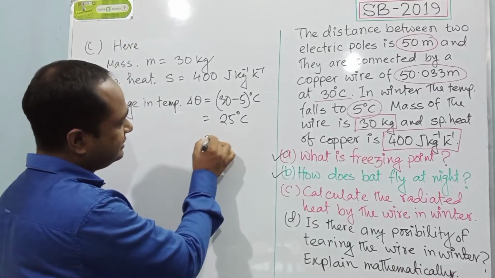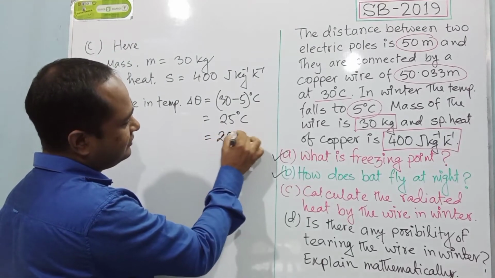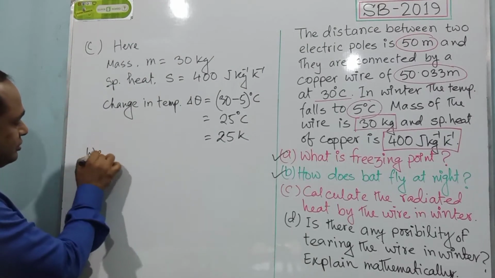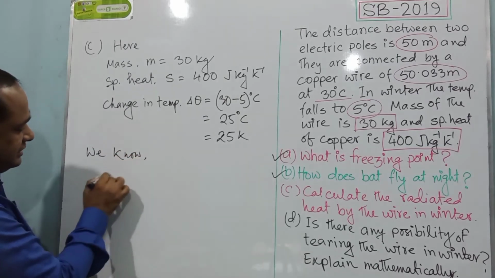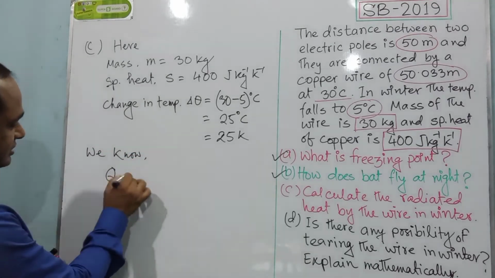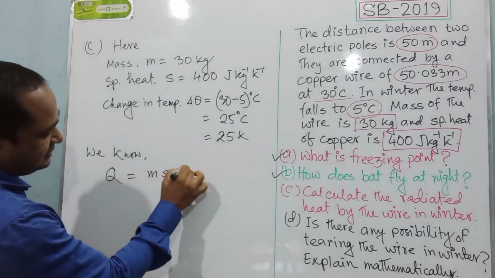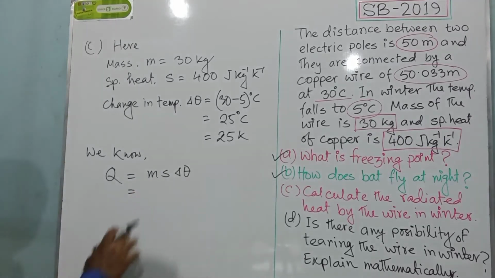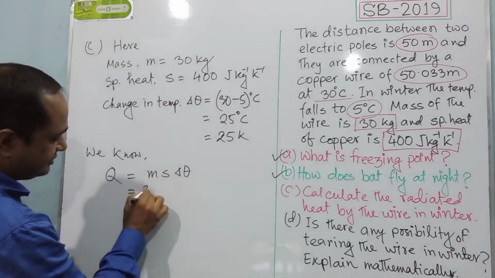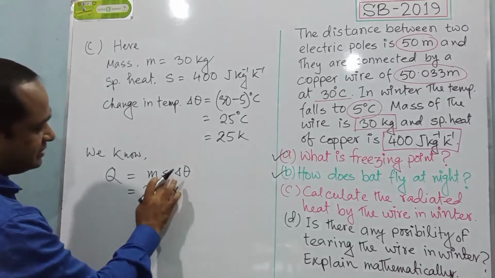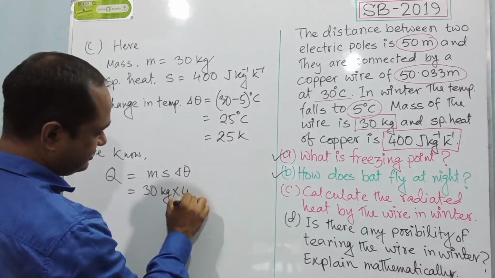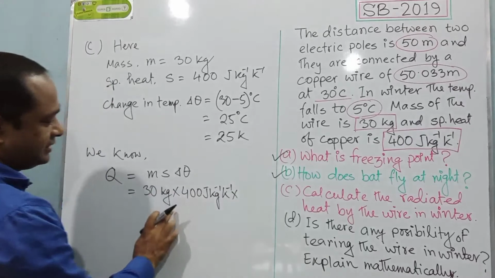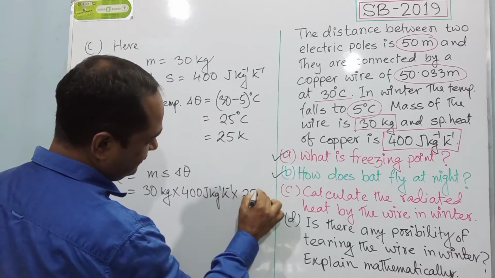So in Kelvin scale the difference will be 25 Kelvin. So we have to calculate the radiated heat. We know radiated heat Q is equal to m s del theta, right? So putting the values of the quantities, m means 30 kg, multiplied by s, the specific heat, 400 joule per kg per Kelvin, multiplied by the change in temperature, that is 25